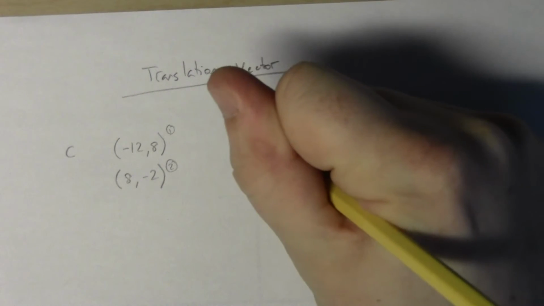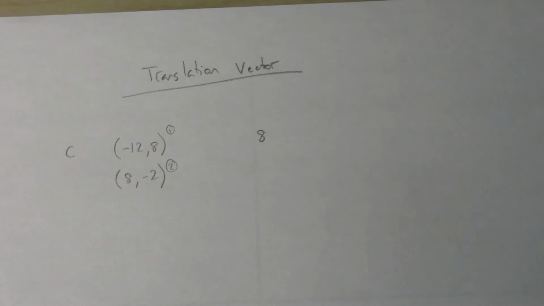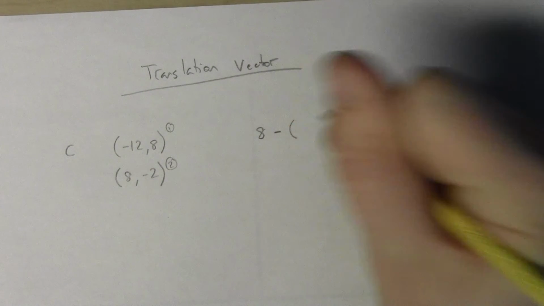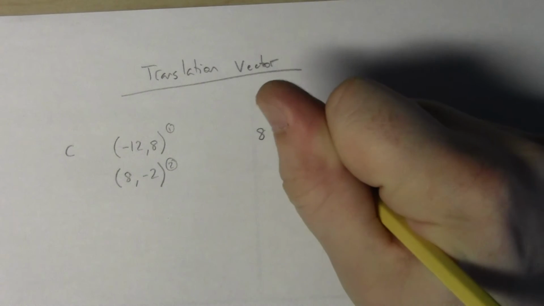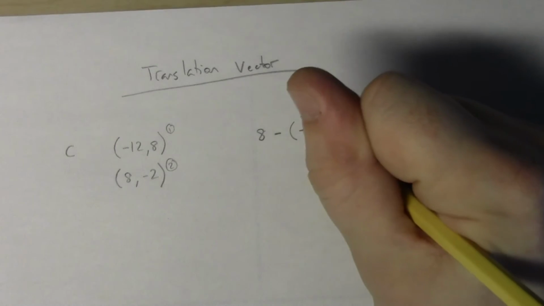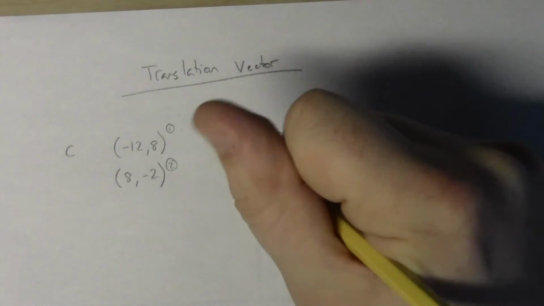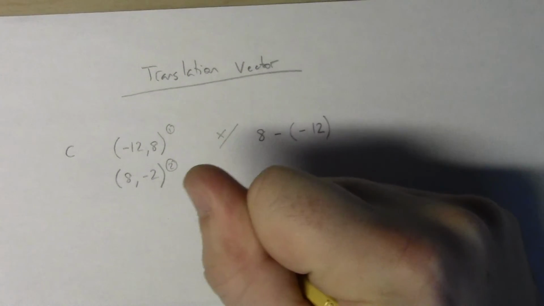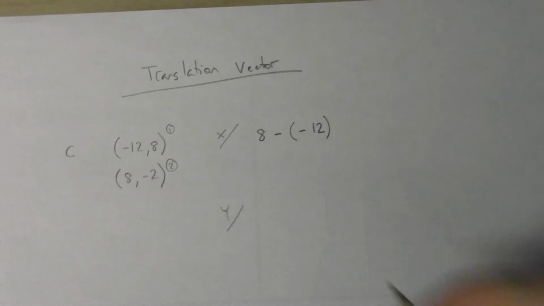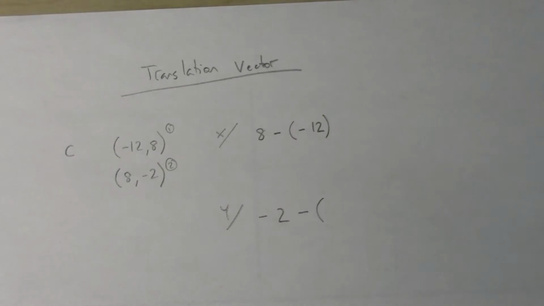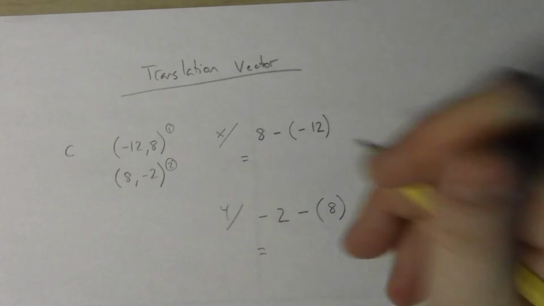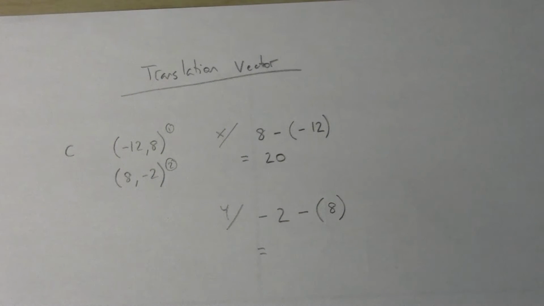So we say 1 and 2. So we have 8. Now I'm looking for the difference. What do I do? 8, subtract. You got to participate here, people. Come on. Negative. Where are we with negative 2? Okay, and that will give me my x. And then how do I figure out my y? Negative 2, subtract 8. Shout some answers out, people. You guys are way too quiet. 20 and